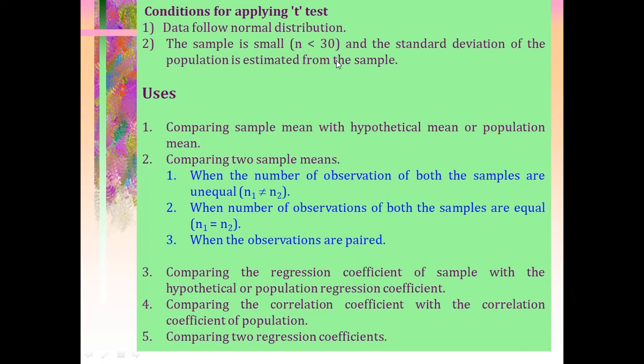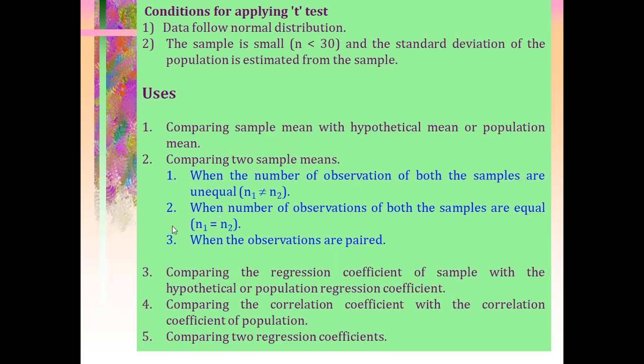Now before we go for its calculation part, let us see the different applications or uses of this t-test. The first use is comparing the sample mean with the hypothetical mean or the population mean. That means if you have a sample less than 30 and you have worked out the estimated mean, for example, you have the height of 30 students which you have calculated as x bar, and you are assuming that the height of the second semester students is around 5 feet 6 inches. So when we want to compare the estimated mean and the hypothetical mean, we can go for the t-test.